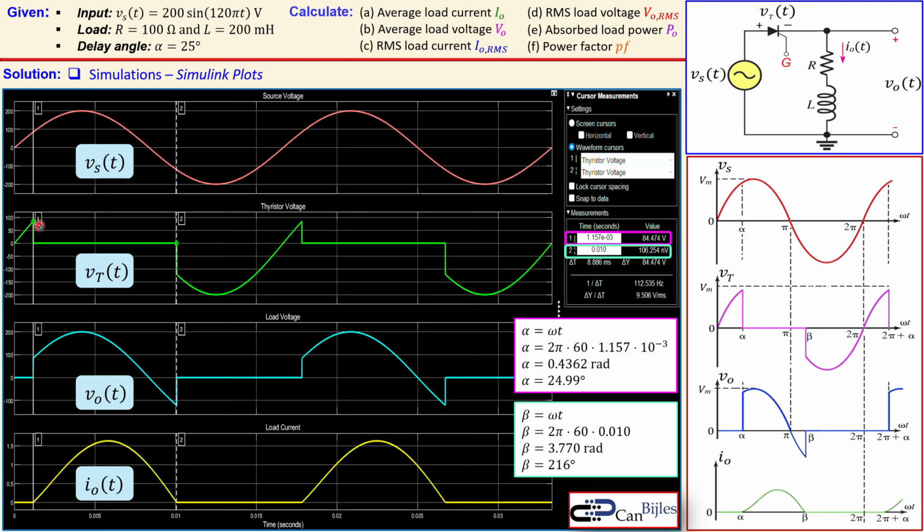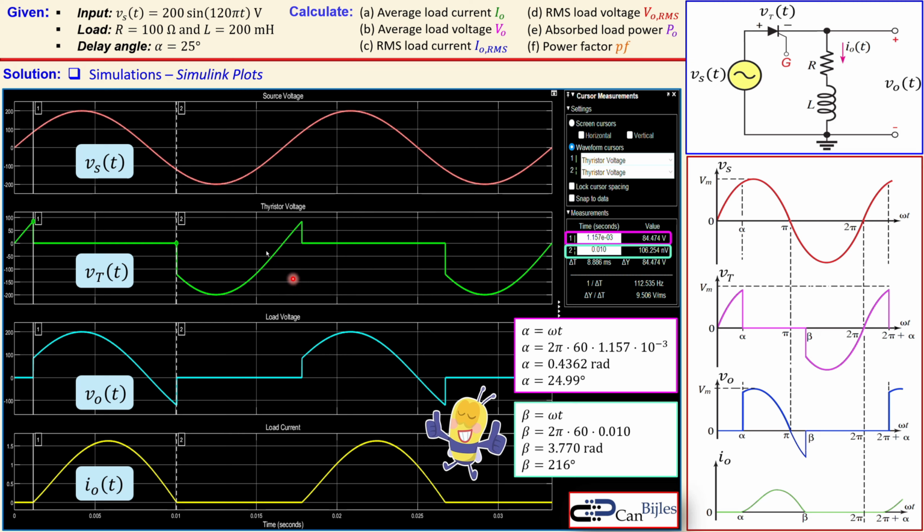You also see again, as we have discussed, the input voltage is positive between 0 and pi, but the load voltage is also negative, going down between pi and beta. That's this part, but the load current is still positive. That is the effect of the inductor's magnetic energy stored in this circuit. So we can say everything is verified and according to the calculations, and we have also seen that in the Simulink circuit. Alright, it was our example considering the half-wave rectifier controlled by a thyristor,